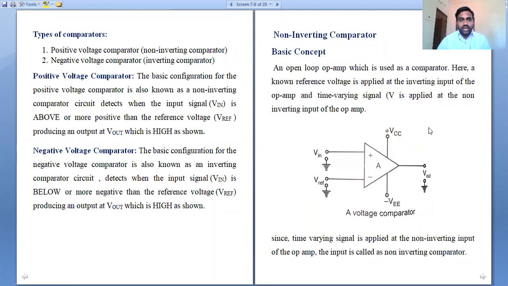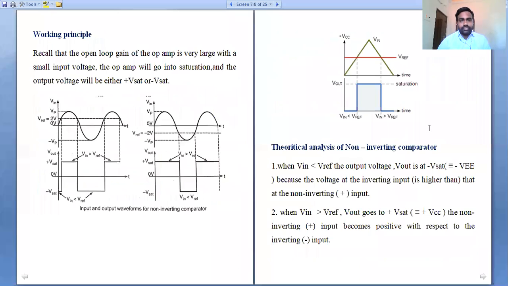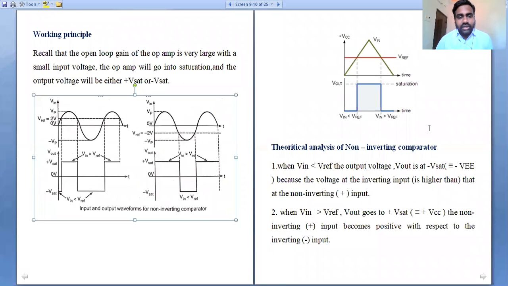So if we analyze the operation with a waveform, okay, yesterday some of the people asked whether, if we are applying the input voltage as a time variant signal, which we said is a sinusoidal waveform, can we apply a triangle pulse or a square pulse? Okay, in my explanation I am taking the input voltage as a sinusoidal voltage. You can apply a triangular pulse, a square pulse, or a cosine pulse, but the input voltage should be time variant. It should vary with respect to time. Okay, my input voltage is nothing but a sine wave which varies with respect to time.